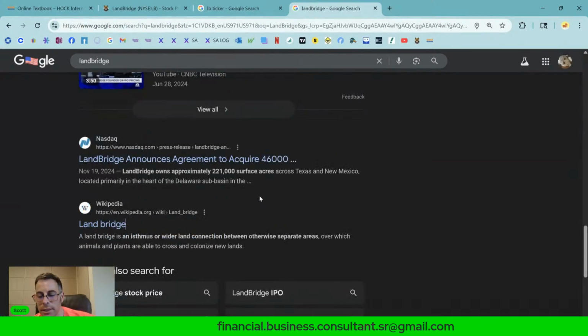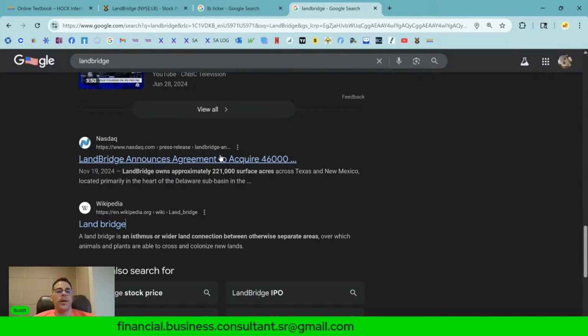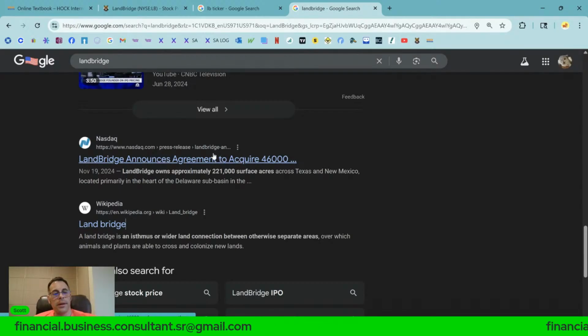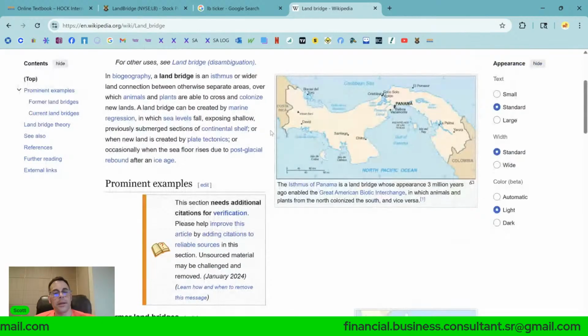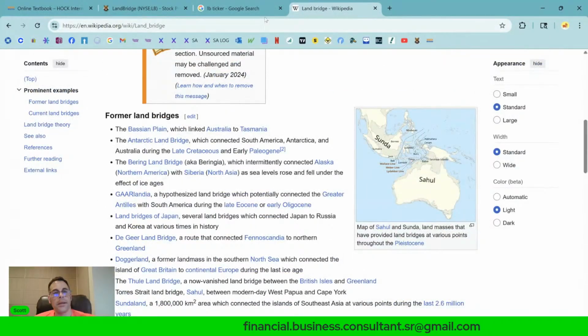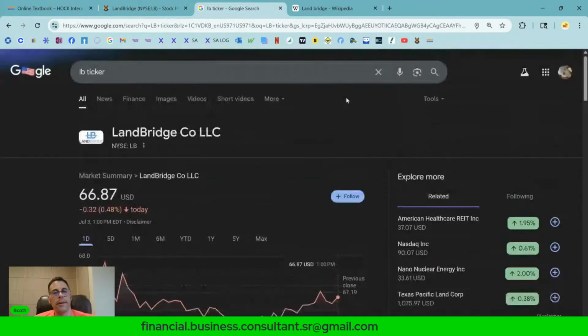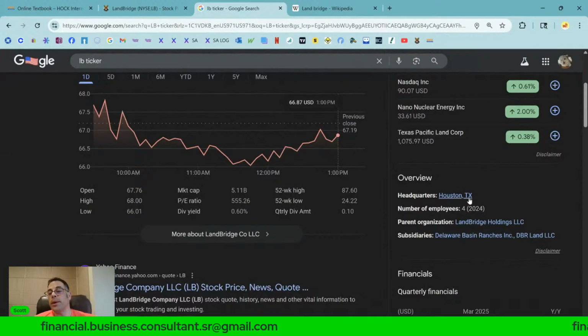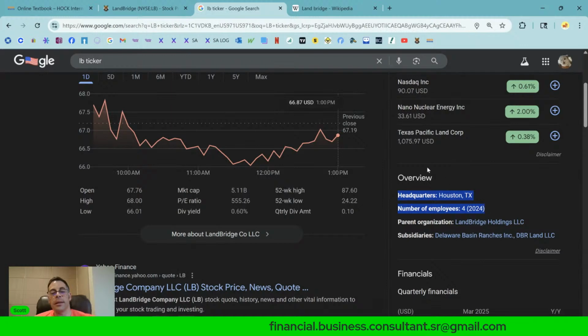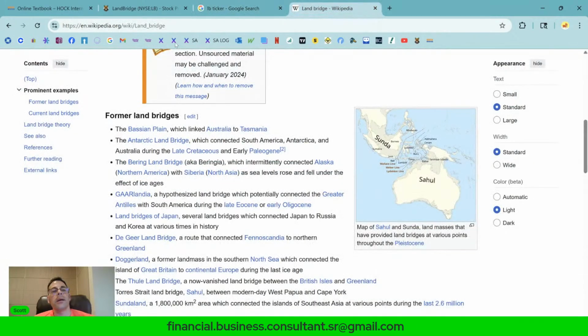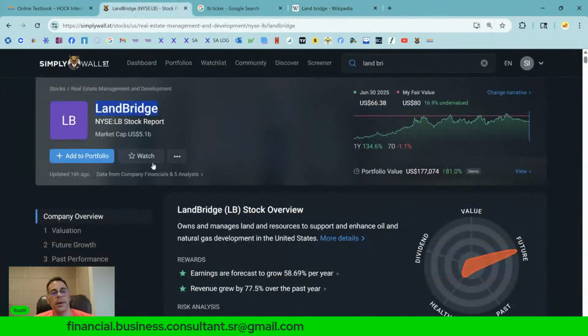I would short this stock. This seems a bit questionable. Lots of funny accounting going on. Yeah, because they only have 4 employees, so they obviously are not doing anything. You can't operate a business with 4 employees unless you're a small business, but they're not a small business, 5 billion market cap.